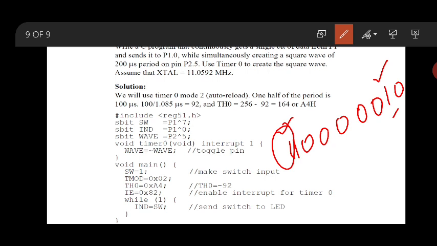The signal you get, if the wave at P2.5 is 0, the complement of this will be 1. It is a complement of wave. It will go from high to low, low to high, depending on the interrupt. This is the statement of the program. Toggling will occur based on the interrupt.